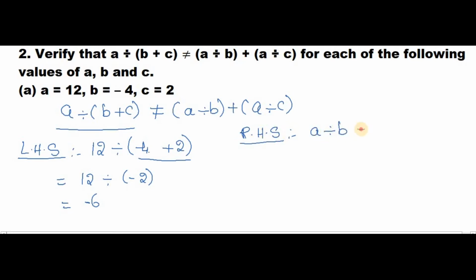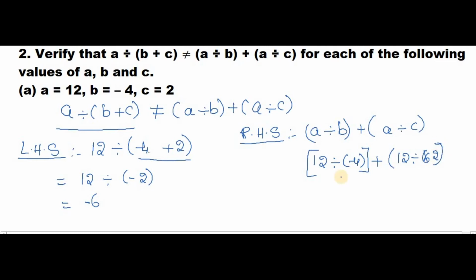a divided by b plus a divided by c. So what is the value of a here? 12 divided by -4 plus 12 divided by 2. Now in the 4 table, when we get 12, 4 threes are 12, and the divisor has a minus symbol, so that is the reason. 2 sixes are 12. Automatically 6 is the bigger one. 6 minus 3 is 3, and here we got 3 and here we got -6. Both are not equal, so what he said is correct.